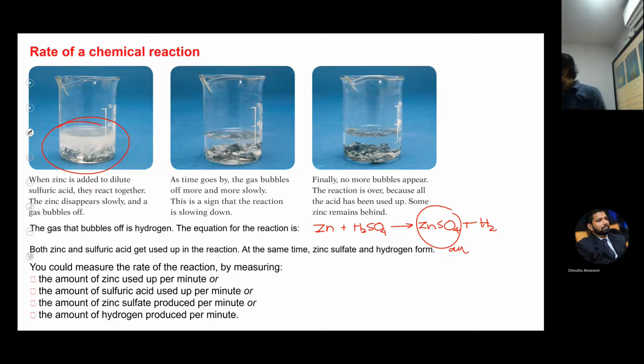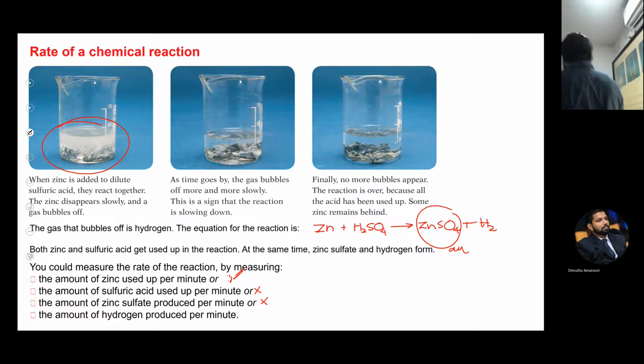Two of these have practical answers. Which ones? You can't measure sulfuric acid. A pH meter could be used, but even that doesn't give you sulfuric acid, it gives you the acidity. And you can't measure zinc sulfate. It has no color and no precipitate, so you can't measure it. So the best possible way to measure this reaction is to either find the